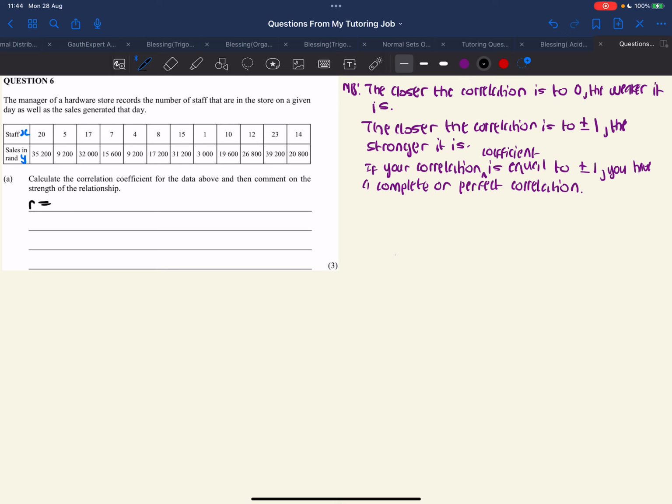So in the place of x, I'm going to put 20, then say equals, then it's going to put 20. Now to replace that 0 with 35,000, you click to the side until you can get to 0. Then you type 35,200, then click equals, and you should now see 35,200. Then you repeat the same step for the next rows. So I'll just do that now. It will be 5 equals, then 9,200 equals,